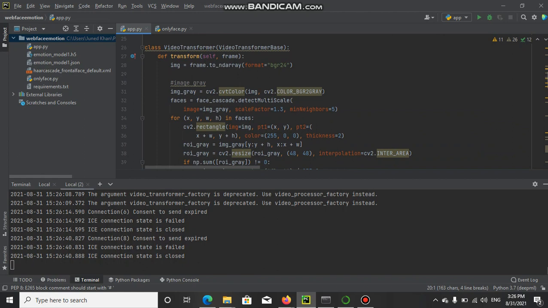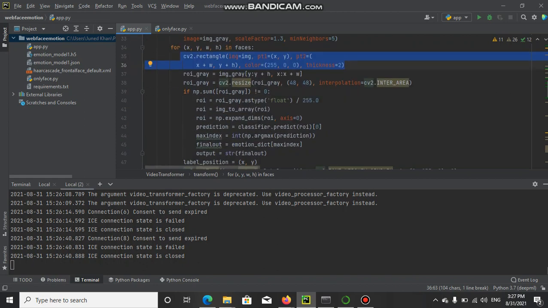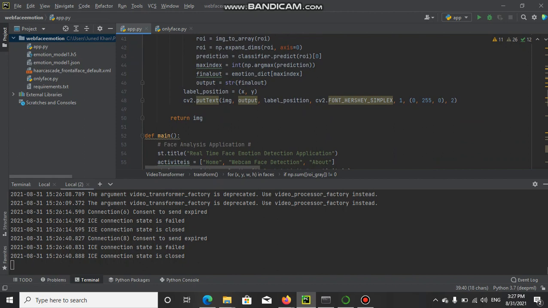and here we get this class VideoTransformer. This will help us stream the video using the Streamlit application. Then here we get the image in the format of BGR. Then I just converted the image to grayscale, and after converting it I detected the face. Then I put a rectangle over the face and extracted the region of interest area. If the region of interest area is not 0, then the classifier will predict the emotions, and after predicting the emotions I just converted the emotion into a string and displayed it as text over our box. So this is the application code, this is the main code.